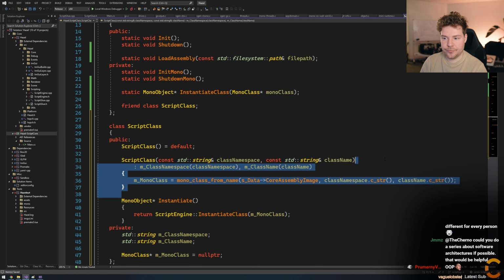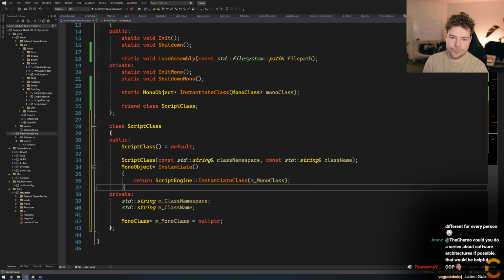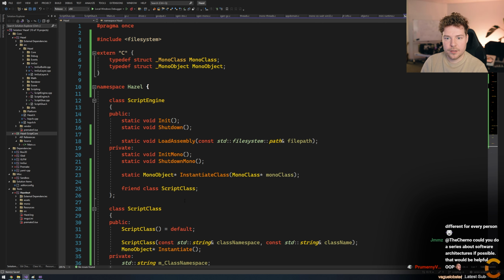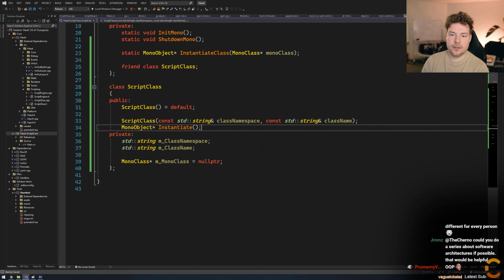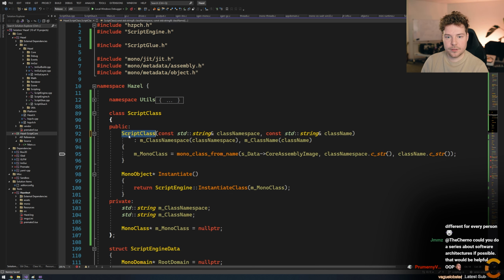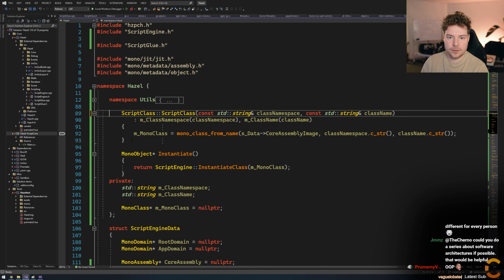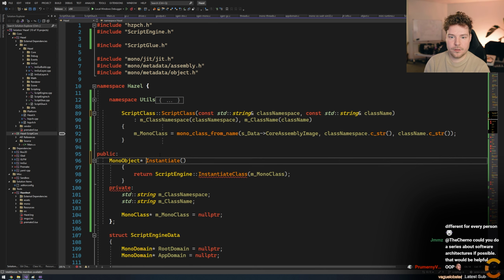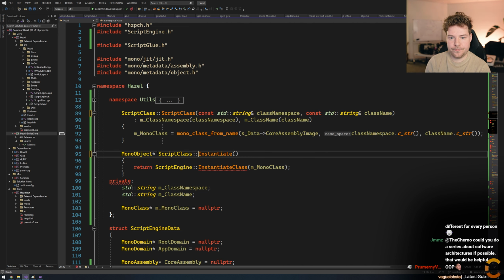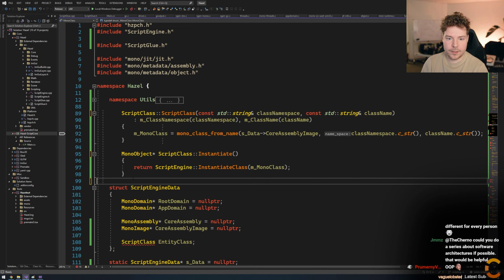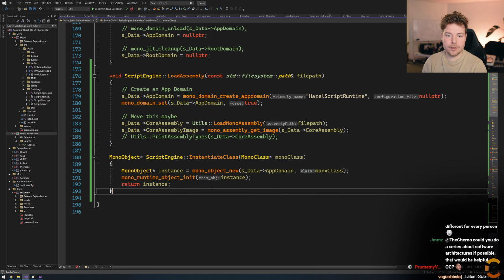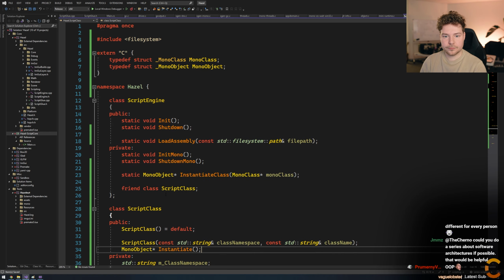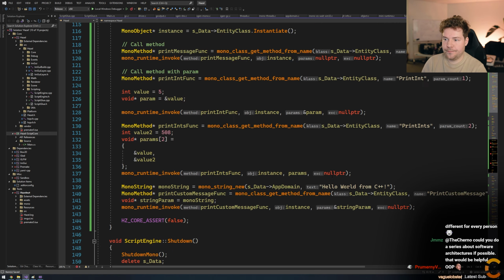Maybe we'll define it down here. I'll keep it in the header file. That way it'll be easier to see the API that comes with it, I think. As well, mono class is up there, that's fine. And then, yeah, we'll keep the default. Okay. And then since we put that down, I'll put it here. Okay.